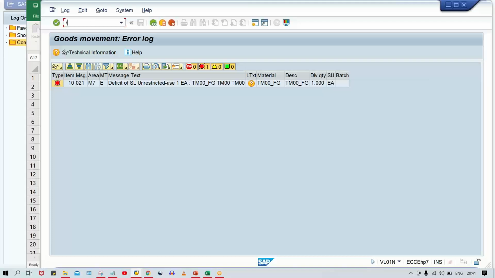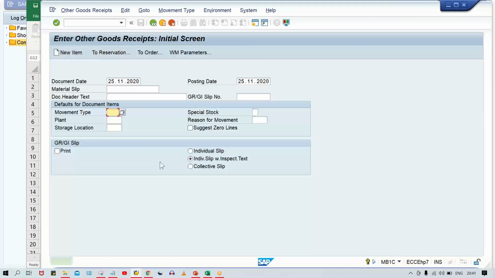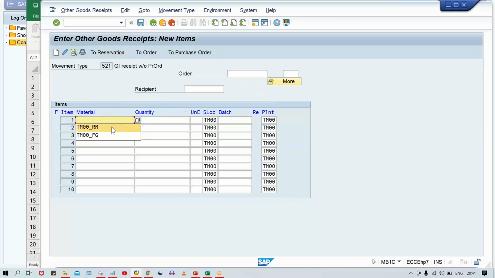Now here you just do one thing. Use transaction code MB1C, and we are going to transfer the stock. Movement type, again a different movement type, 521, we are going to use for the goods movement, in the sense of transferring the stock. Plant TM00, storage location also TM00, and just press enter here. Okay, material, again this is the material, and let's suppose 10 quantity, right? And if you press enter,